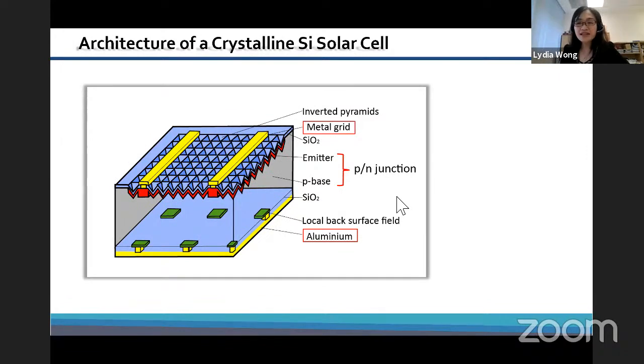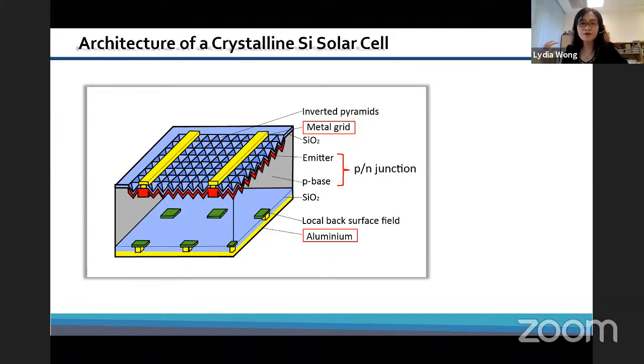But unfortunately, in Singapore, if you have visited Singapore, we have very little land, right? So most of us live in apartments. It's a very high density living. And even if we cover all the rooftops in Singapore with solar panels, we will not be able to replace electricity. It's not enough. The power conversion efficiency is not enough. So for this reason, the research for solar cells is still open.